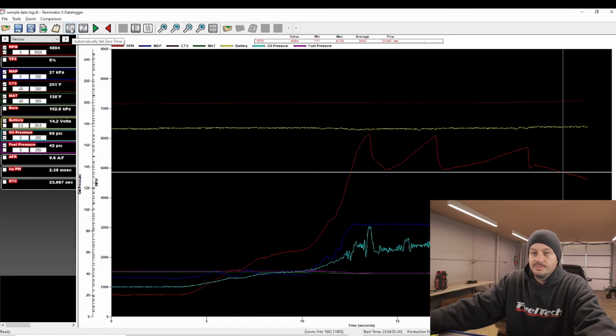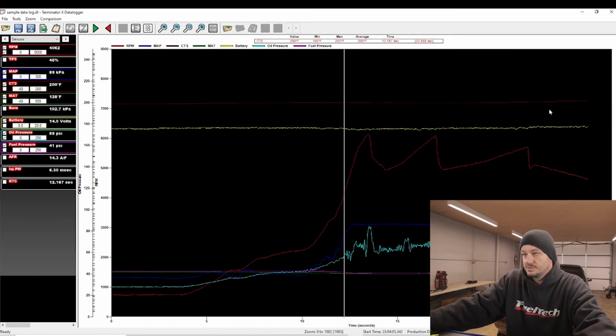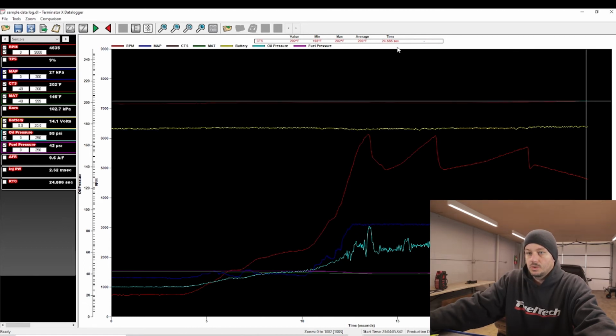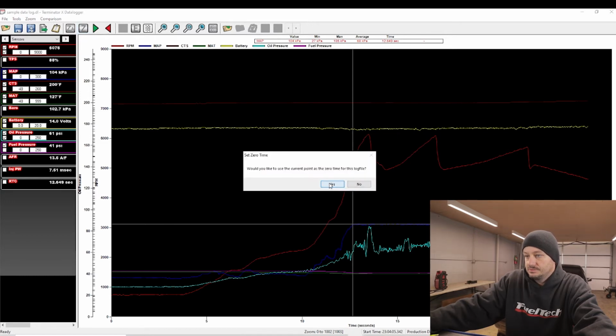Next up we have automatic set zero time and set zero time. So zero time is actually, if you look up here, a timestamp on the data log from the time that the log starts until it stops. But for a drag race car, let's say we wanted the timer to start right here, which a lot of times you'll do, either off of throttle position. Once you go to 100% throttle, you can start your timer, or even more ideally like a trans brake or a two-step, once you release that button, you can start your timer there, in which case you would just hit set zero time, and it asks you